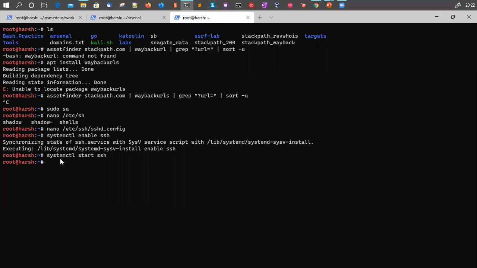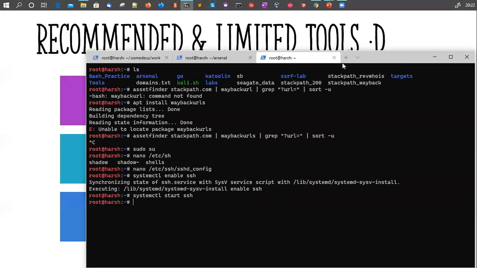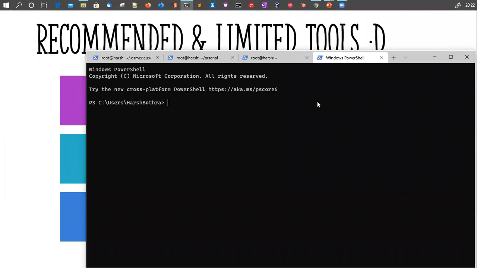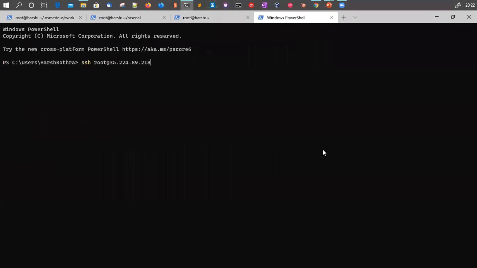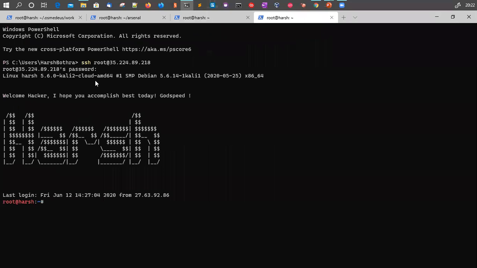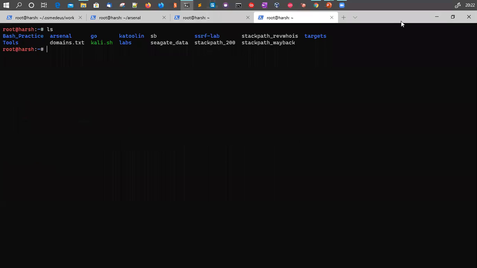Copy your IP from whatever cloud provider you use. Simply go and say root, or whatever user you are using. Right now I prefer using root. Provide your weak password, and you are logged in to your cloud. Now the second thing I will show you here is